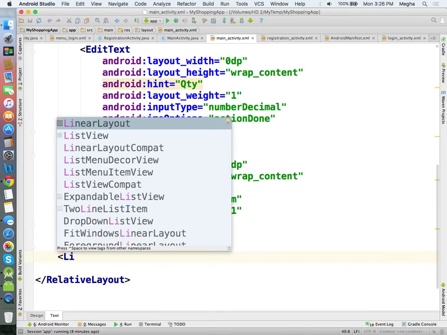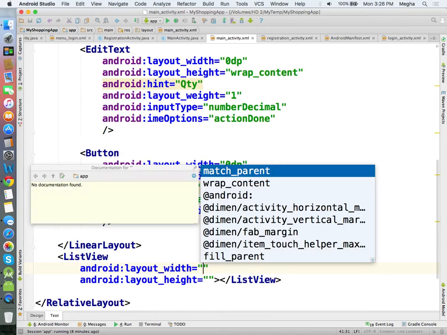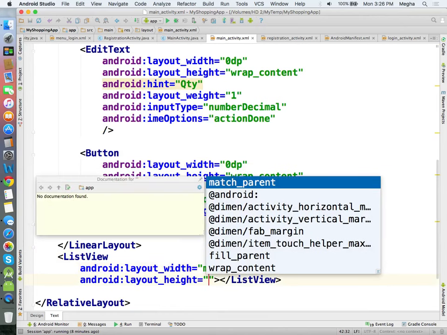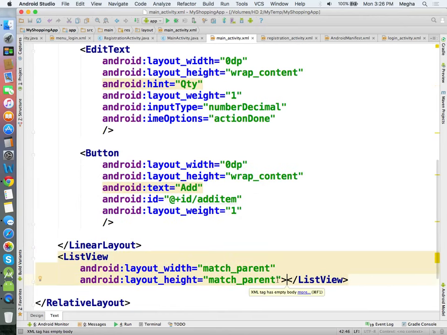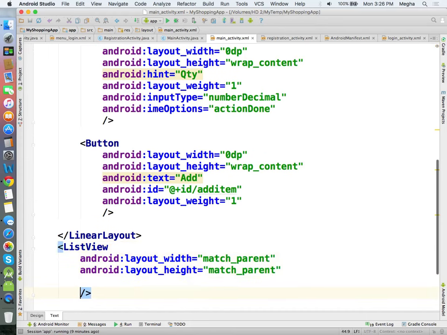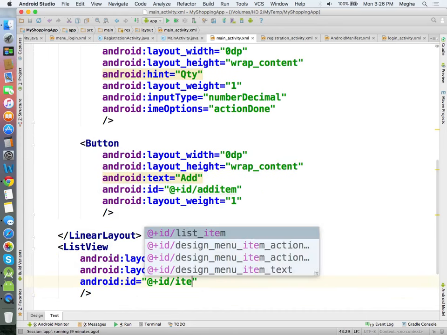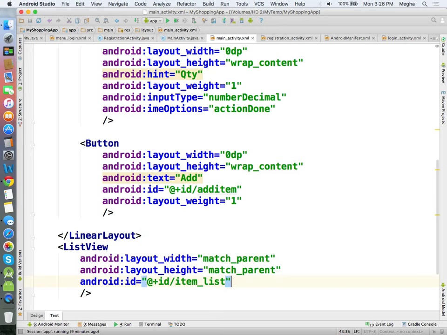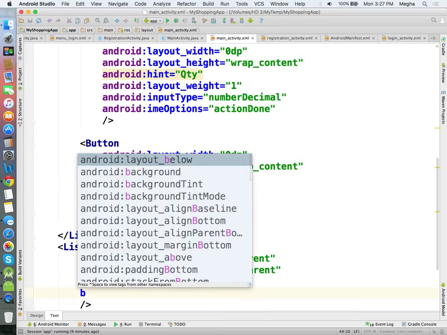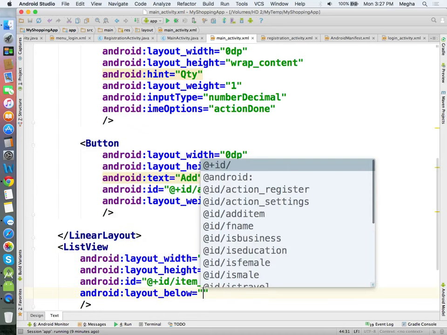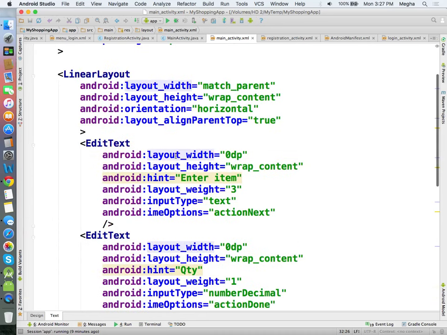Under that there is going to be a list view, match parent, match parent, with an ID below it. Okay, we haven't added the ID.